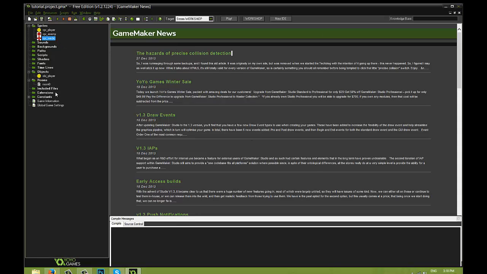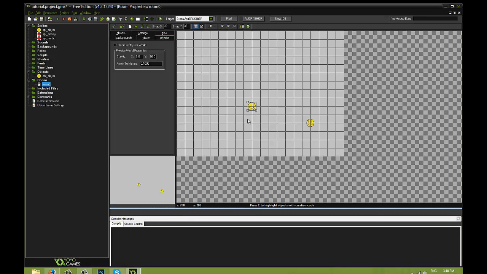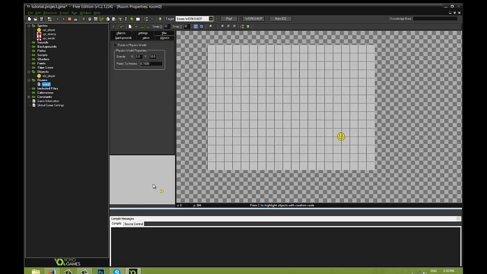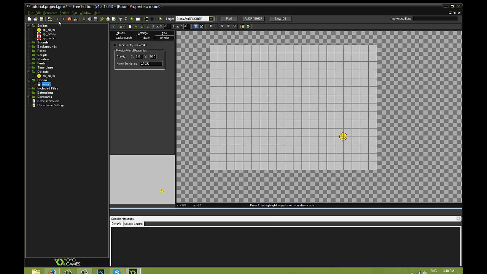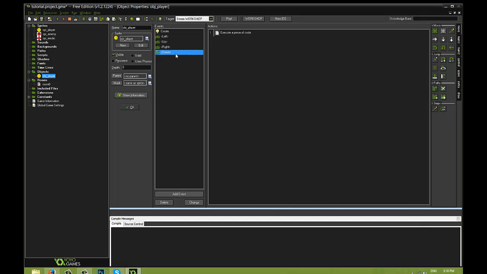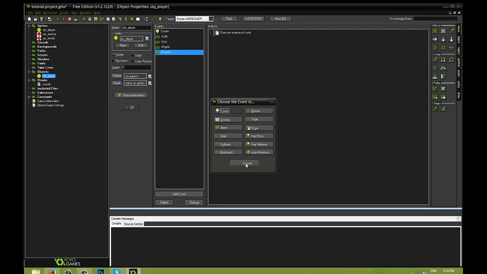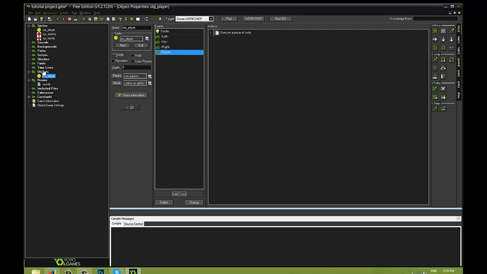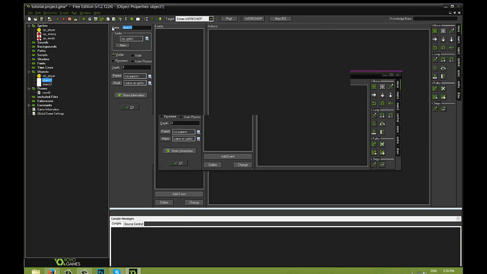Okay, I don't need that, but whatever. So we're going to load up room 0 here. Remember, control, hold right click, and there you go. I'm just going to center that. If we go into object player, we'll see we have those. Okay, that's good. So now what I'm going to do is add event. Actually, before we do this, let's just create 2 more objects. So object 1 will be